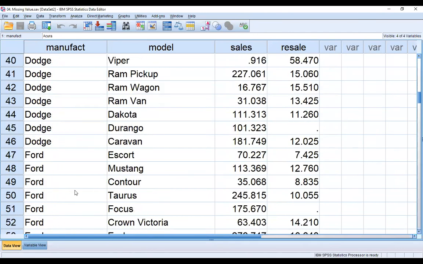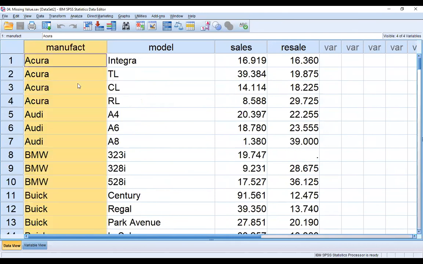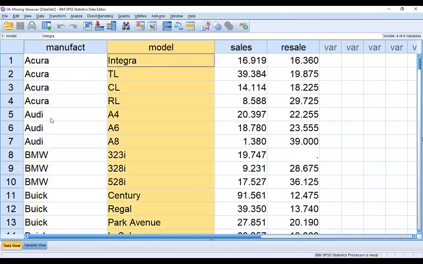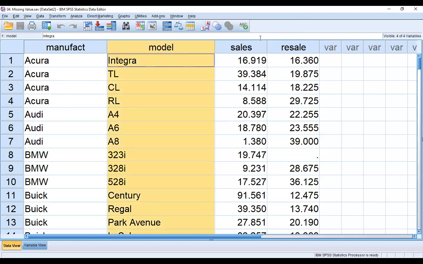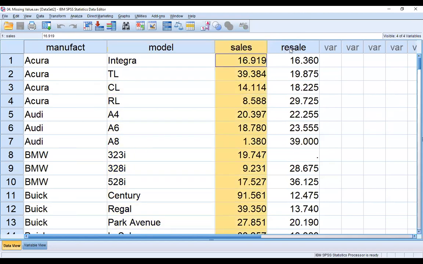First column manufacturer, second model. Like BMW, there are 3 models: 323i, 328i, 528i. So in the second column, the models, and this is sales price, and this is resale price.